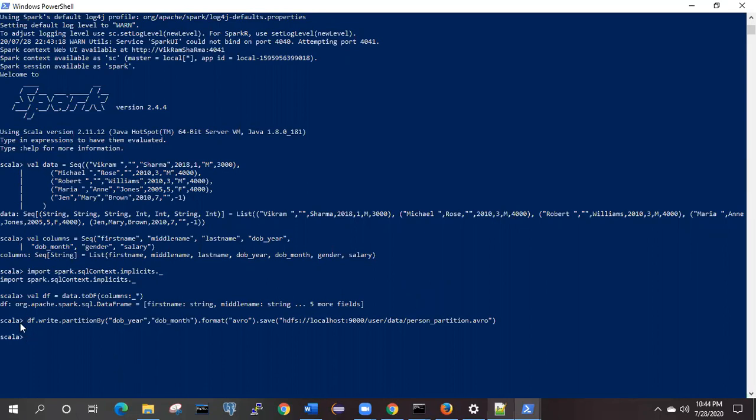Now you can see it is able to write the data. Oh, sorry, my mistake. Instead of that output folder, I had written outside only. So no need to worry. Here we are successfully able to write it.